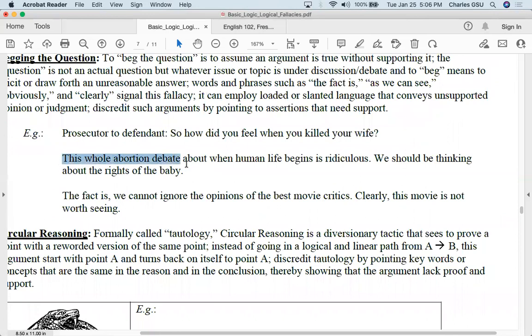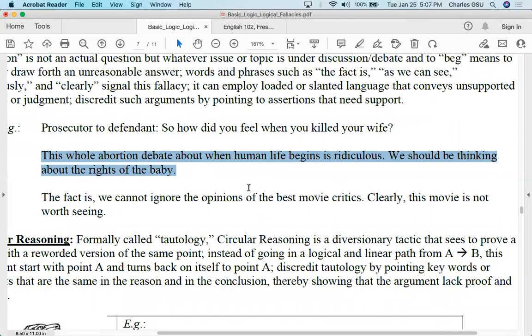"This whole abortion debate about when human life begins is ridiculous. We should be thinking about the rights of the baby." Well, that's also something that hasn't really been proven, that this first part, the debate about when human life begins, is ridiculous. That's actually,